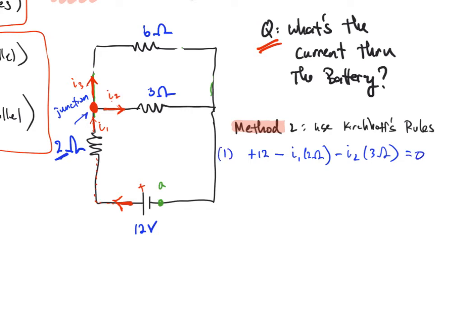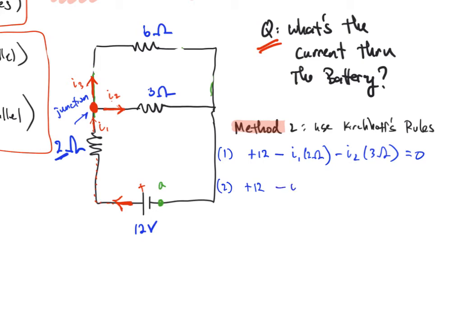So there's a first equation. It has 2 unknowns, so I can't solve it. I need to start trying to write another equation. So maybe I'll start at point A again, and now I'll do the outer loop. I get positive 12 as I go across the battery,